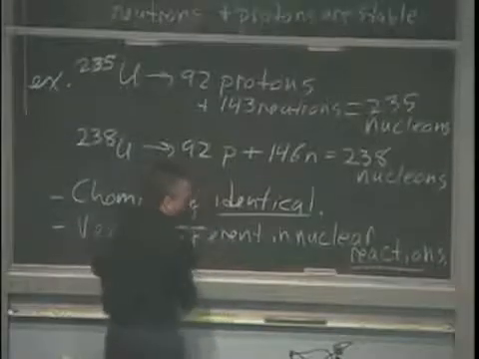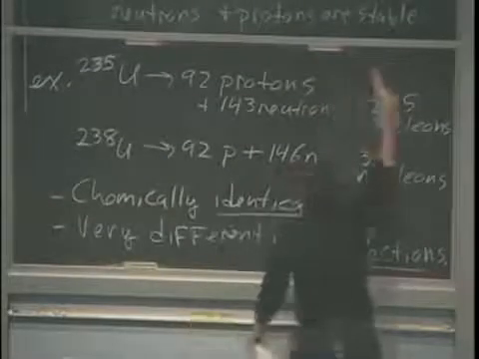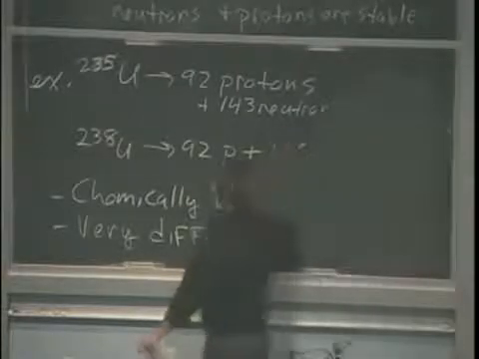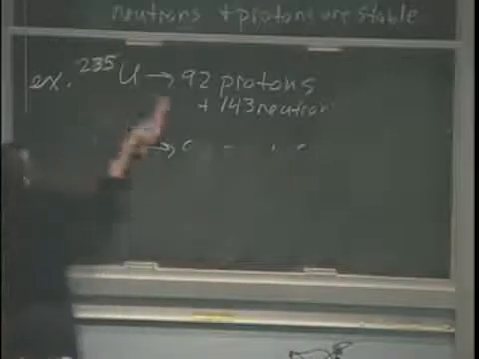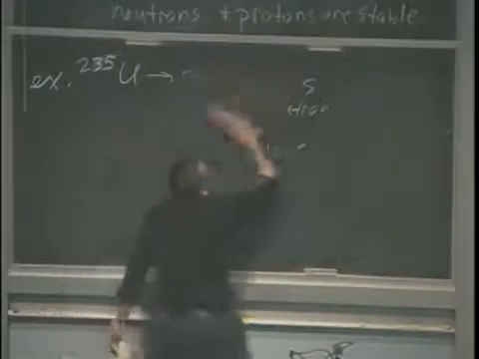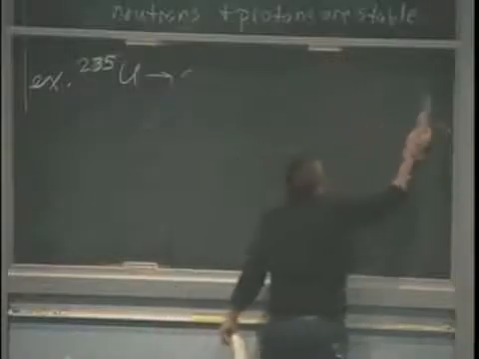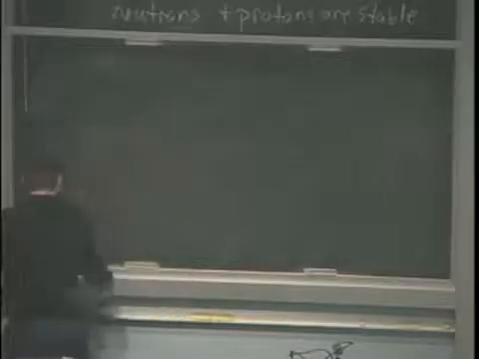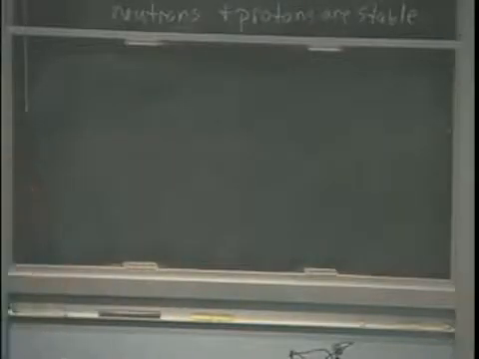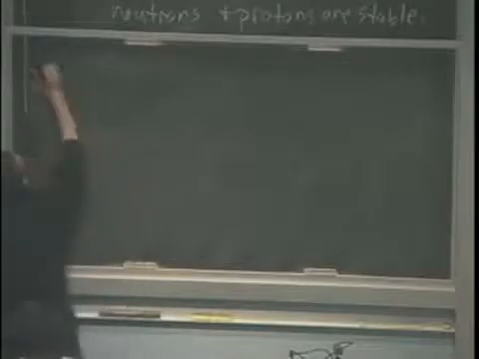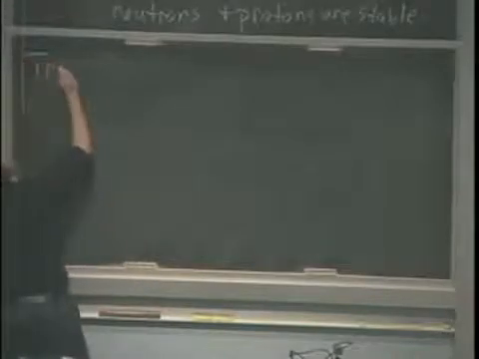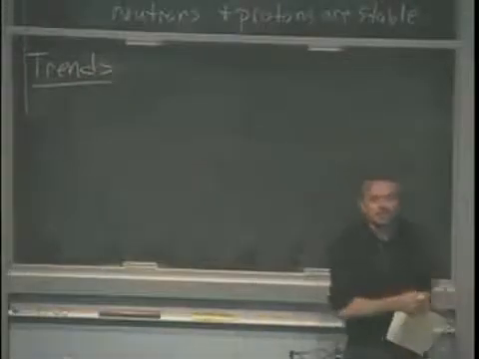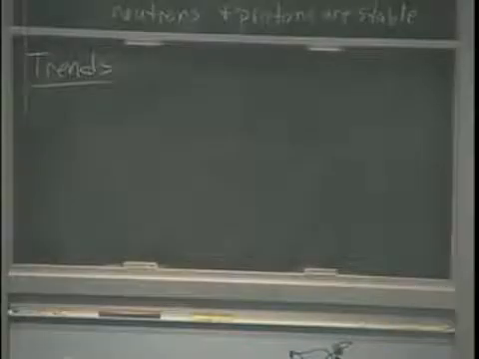So, let's just talk about the general trends. Remember, the type of element is defined by the number of protons. Once you have an element, the isotope of that element is determined by the number of neutrons. But not every combination of protons and neutrons is stable. So let's talk about general trends in terms of the stability of nuclei. The first is